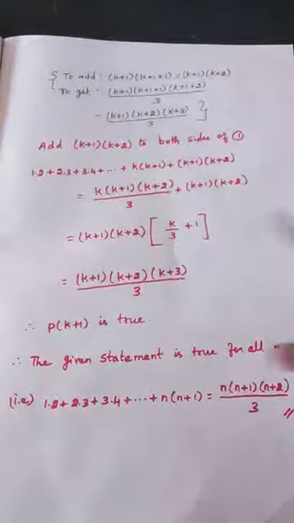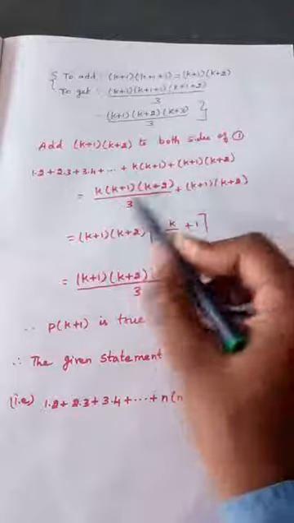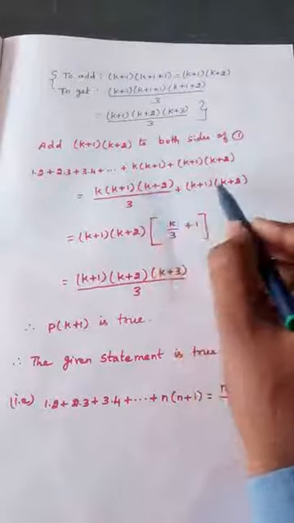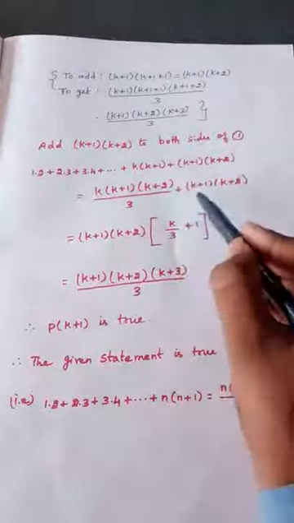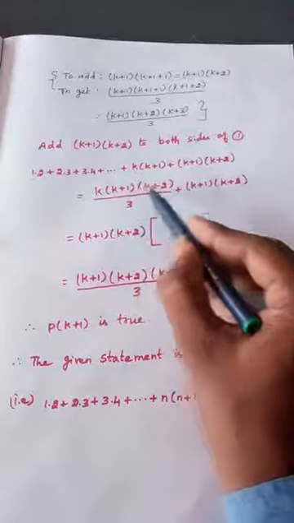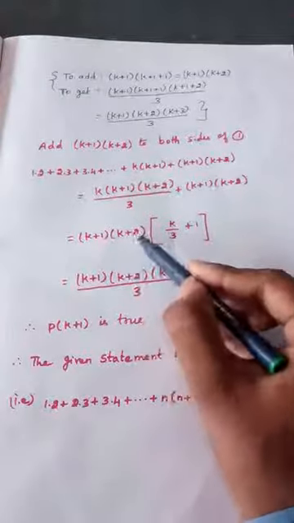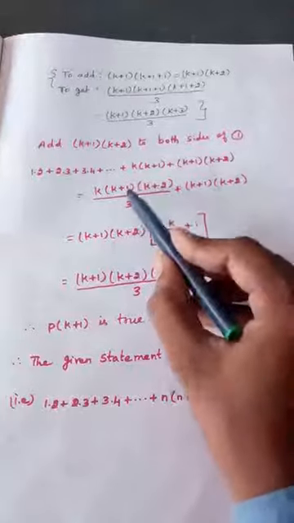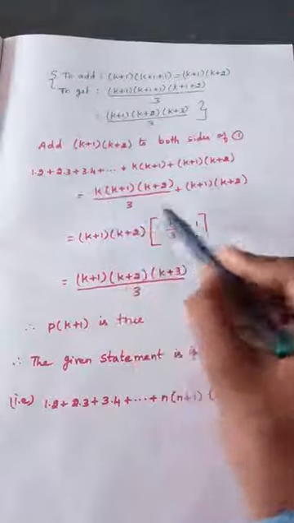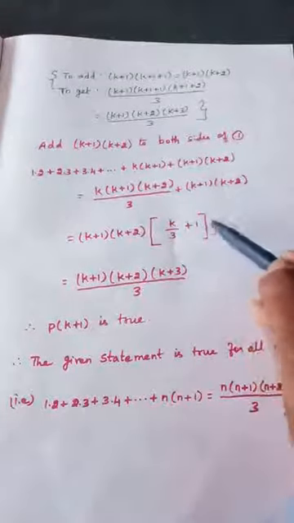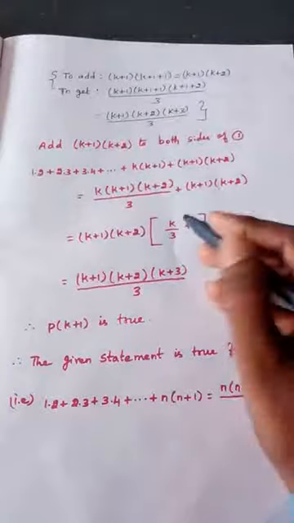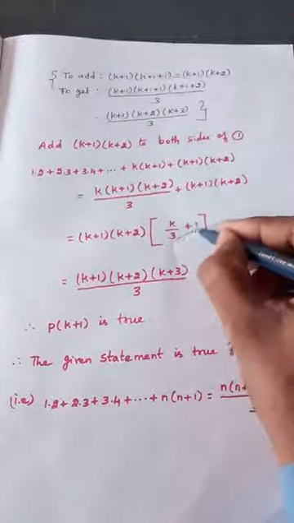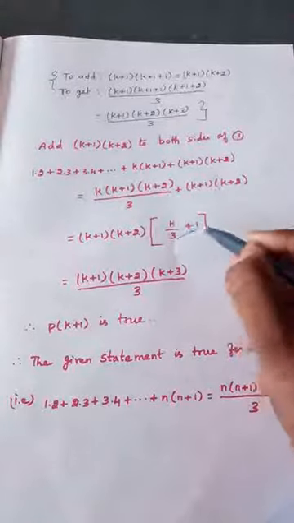Hope you will understand. Now from these two, in this RHS, see the two terms and take the common term outside. K plus 1, k plus 2. Here also k plus 1, k plus 2. So take that as common. So these two goes out means k by 3 remains. These two goes out means 1 remains. You just cross multiply this. What happens? K plus 3 by 3, right?